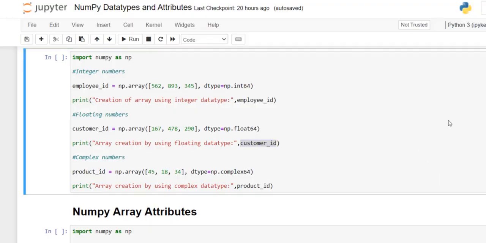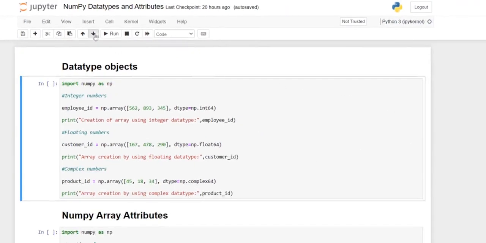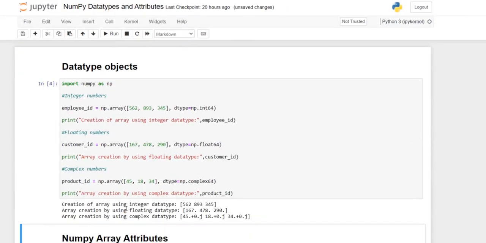The next data type is complex number. We have created a variable product ID and assigned np.array function. Within this function, we have assigned the integer values, and along with that, we have used the dtype parameter and set the np.complex64 method. And after that, we have used the print statement and set the variable product ID. Now I will execute this code and it will show the creation of array, integer data type and